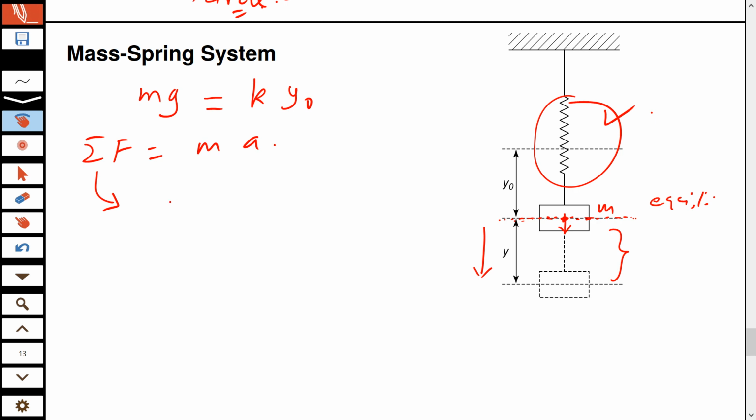So the spring force F spring on the mass will be minus k times, और यहाँ पे डिस्प्लेसमेंट कितना है? y naught plus y, क्योंकि इसके साथ ही ऐड हुआ है ना. And if I want to use Newton's law now, so m a